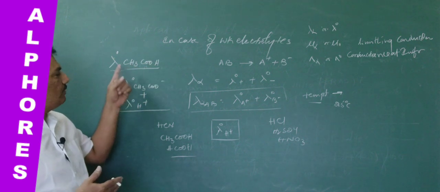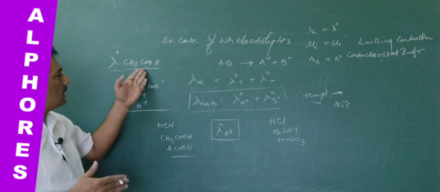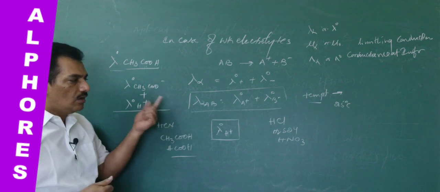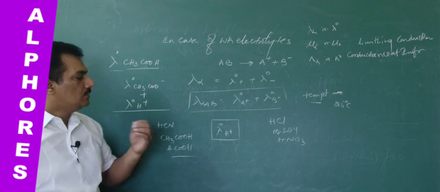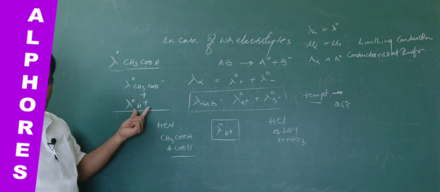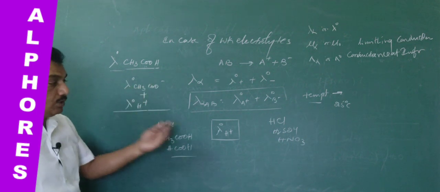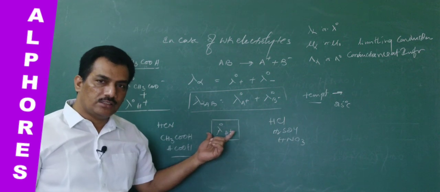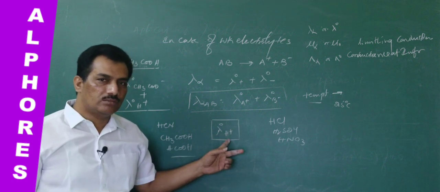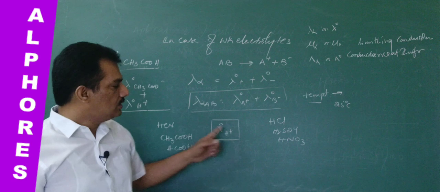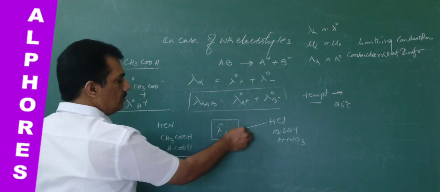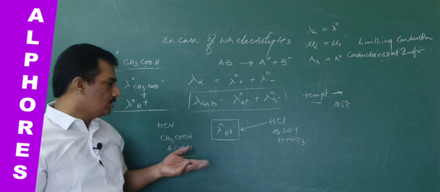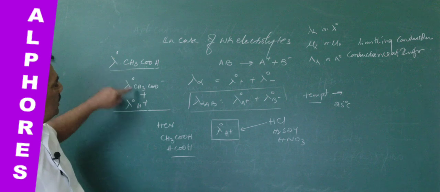Now the question is, sir, when these two ions are present in this electrolyte and it is weak, how are we getting separate ions? That is the logic of the application. Say for example, here we require H plus. We can't get it from this because it is weak, but we can get it like this. From these strong electrolytes we can get this conductance because they undergo 100% ionization. Clear? So in such a manner, we get lambda H plus from the strong electrolyte HCl. Okay, H plus has appeared. Then how do we get this acetate ion?